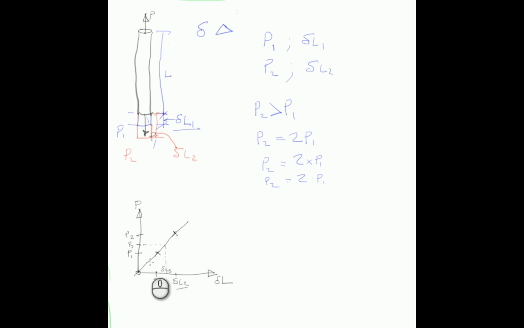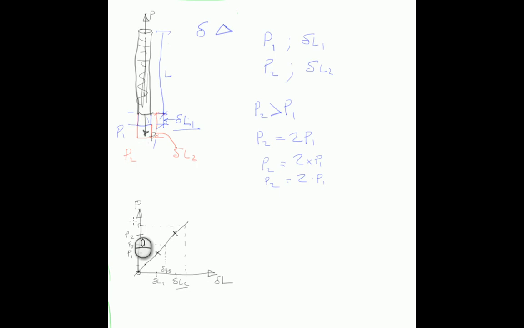And indeed, if we change the force P1, the load, to any point along this line here, we would find that if we came across from that value to this line and then drew down, for this particular sample, which happens to be a perfect sample of a steel rod, we could find that this line represents all the values that we could apply to it in terms of the force, and it would give us all the corresponding values in this change of length delta L. Okay,